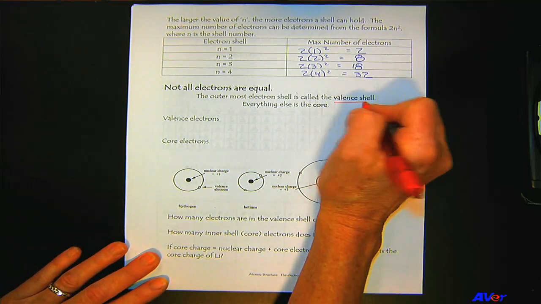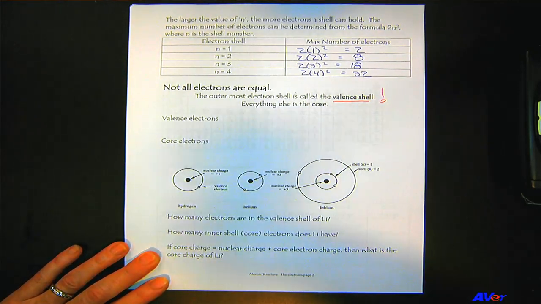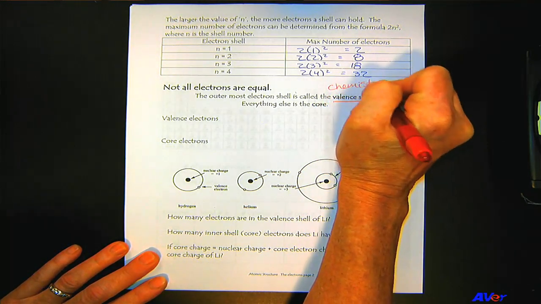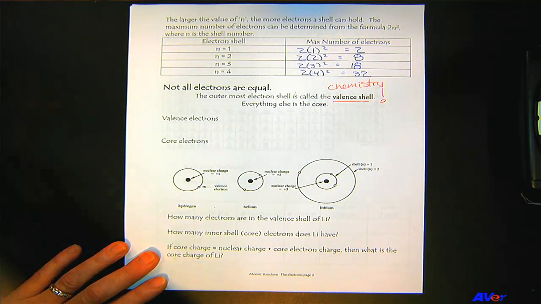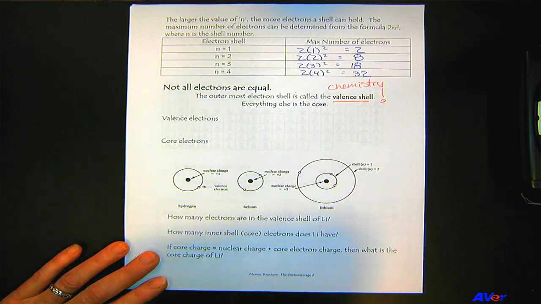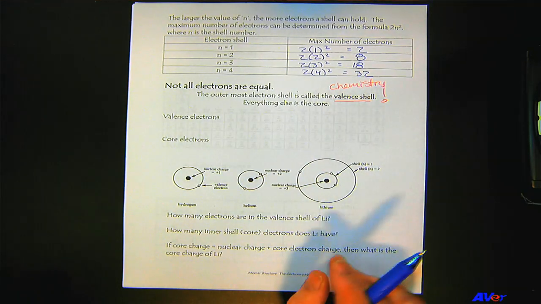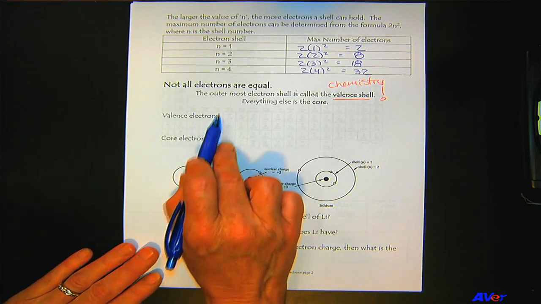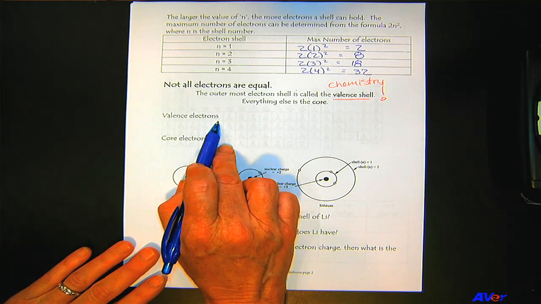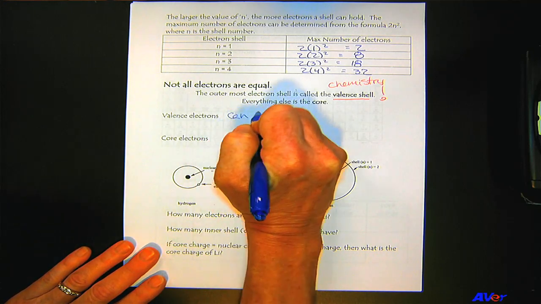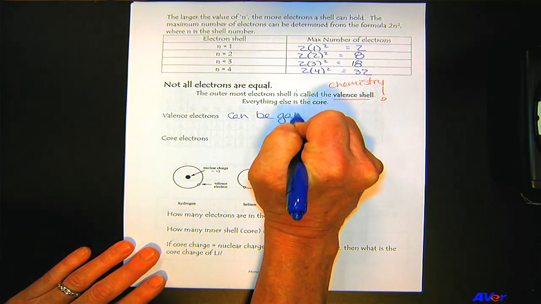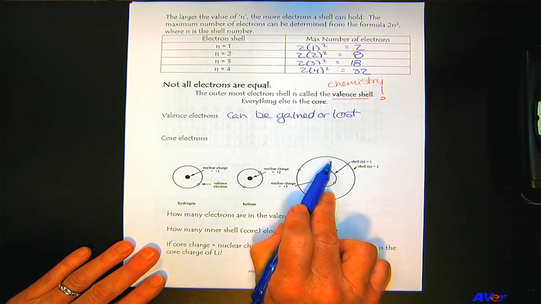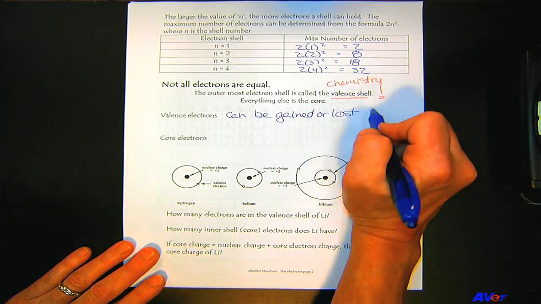And these are going to be the important electrons for us. This is where chemistry happens. The core electrons are basically held trapped next to the nucleus. All right, so let's make some notes here. Valence electrons can be gained or lost. We could add some more in, or we could lose some,